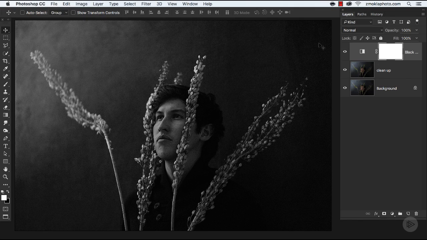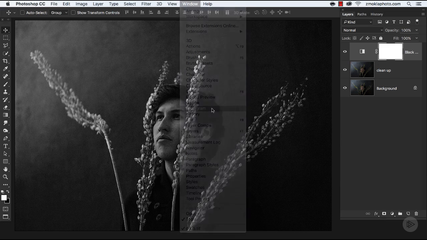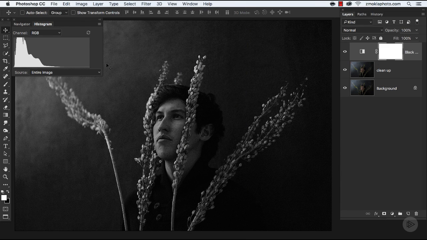After converting the image to black and white, we are ready to start working on tonal adjustments in our image. A very important thing is to have the histogram panel opened. So let's move over to the Photoshop menu bar, select Window, and from the drop-down menu, select Histogram. Remember to have this graph opened all the time during the whole edit, because when we will be working on tonal adjustments, it's really crucial, it's a basic thing to keep an eye on the graph